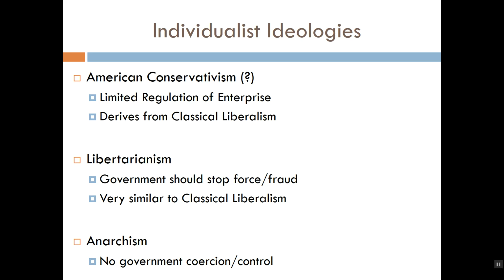Libertarians basically say that the government should have enough control to protect us from force and fraud. In other words, they ought not allow people to enslave each other, and they ought not allow people to go back on their contractual agreements. But there ought not be any victimless crimes, meaning that anybody is allowed to do whatever they want as long as they're not hurting anyone and everyone involved has consented to participate. As an example, libertarians tend to say that there shouldn't be any minimum wage whatsoever. They say that if I want to work for $2 an hour, I should be free as a grown man